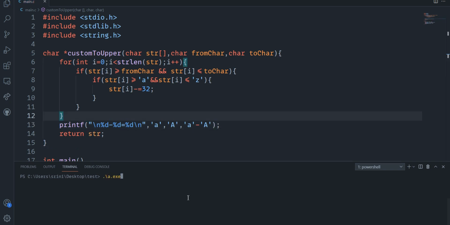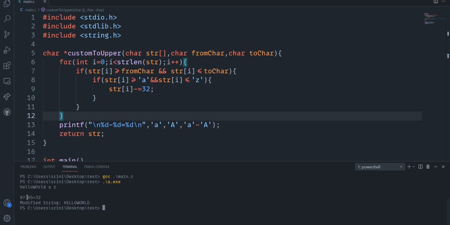Let's run this program. We didn't get any error. That's kind of unbelievable. I'm passing hello world and from character Z to character Z. We got all the characters in caps because I have mentioned the condition like that.